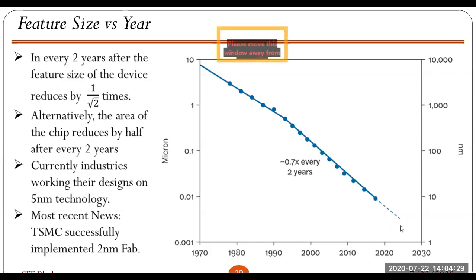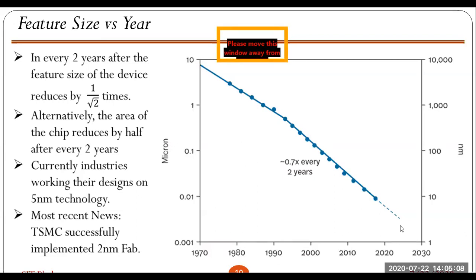Actually, according to Moore's law, he said that the device size will be half. Alternatively, he said the transistor count will be double in the same size. That means the device size will be half. If you use the same number of transistors, then the device size will be half, or not? Yes, sir. He said in the same size, the transistor count will be doubled.